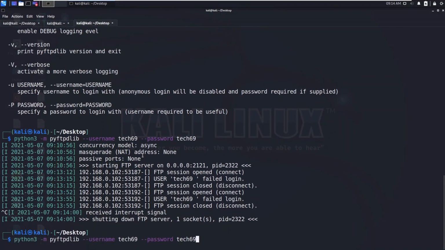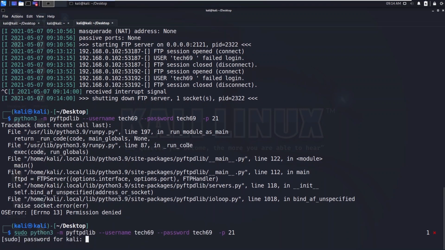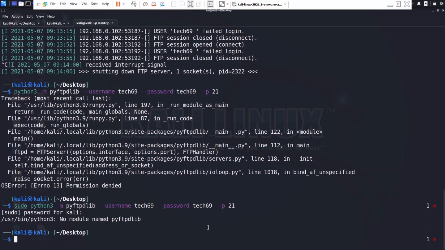So let's try to get on port 21. Let's run it with sudo, since it's our Kali Linux machine.